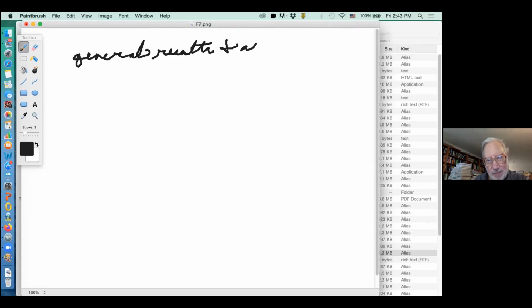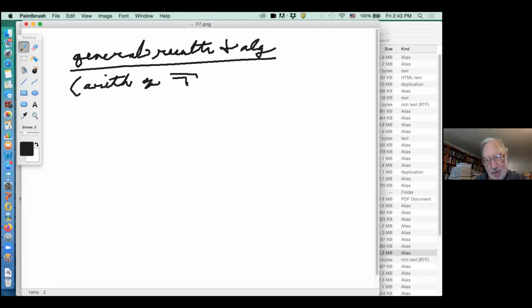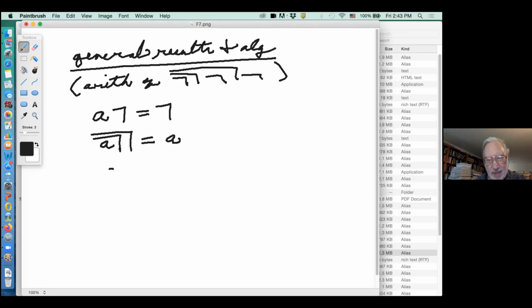And algebra. What you had before was arithmetic of a non-numerical nature like this, arithmetic of these, but then you get general results. What kind of general results? A next to a mark is always equal to a mark. A double crossed, whatever A was, will be equal to A. A next to A will be equal to A. More complex things like A next to B will be equal to A next to B without the B inside, and many, many more, infinitely many of these things.